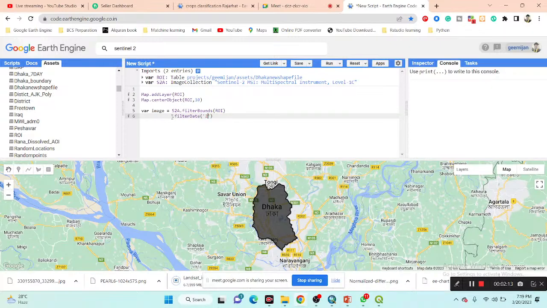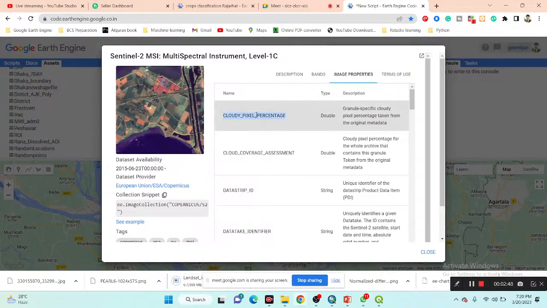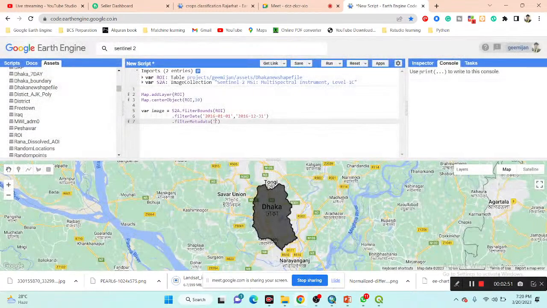Suppose I put the time period of the year 2016, 1st January 2016 to December 31, and then I use the filter metadata function and put here the image property name, cloud pixel percentage, and set the operator, suppose less than